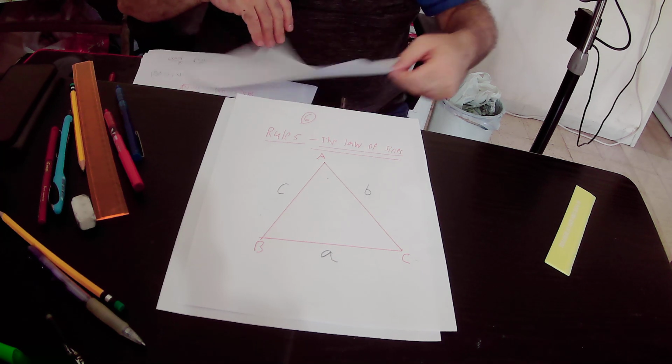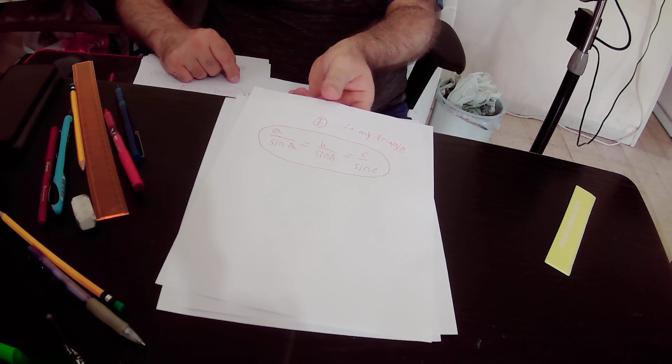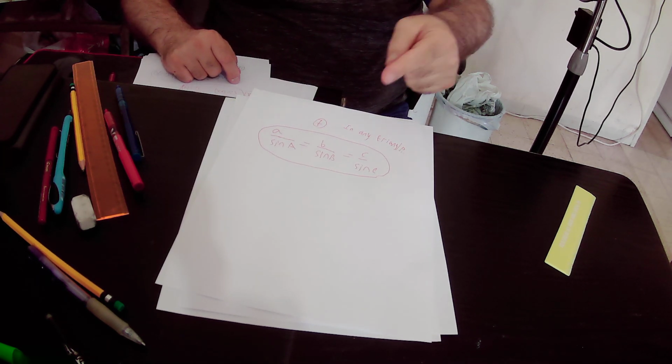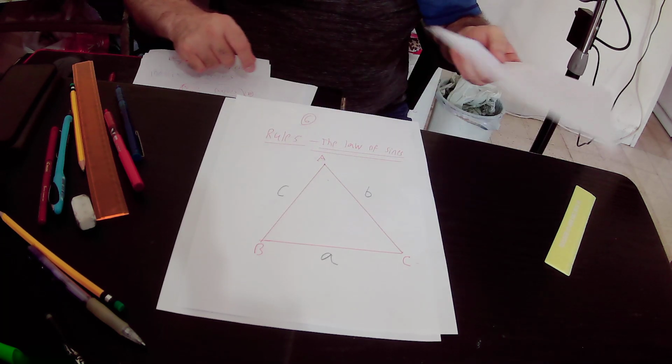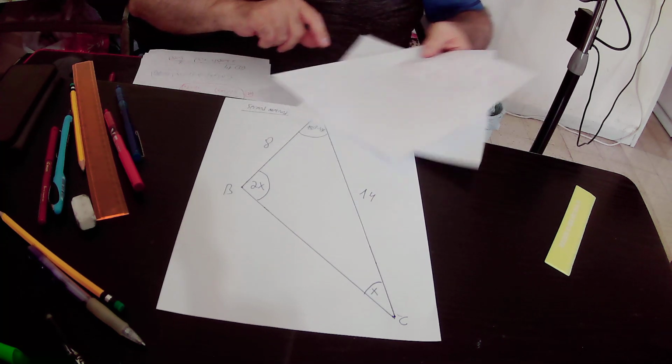So in any triangle, A over sine A equals B over sine B equals C over sine C. So we can implement the law of sines in our triangle